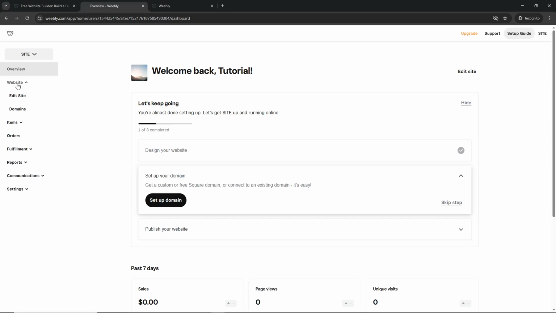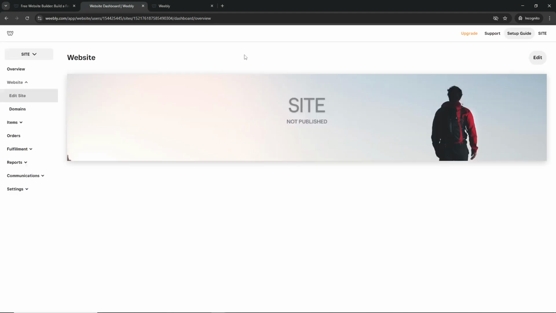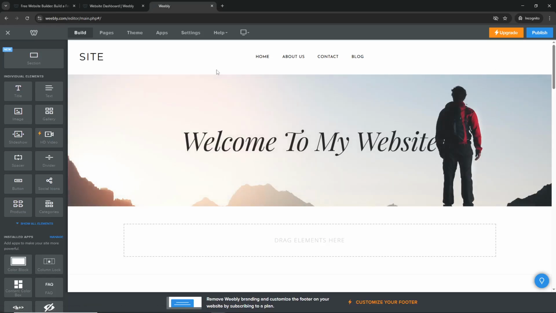Directly underneath that, you'll see an option labeled Edit Site. Go ahead and click it. This is where you'll select which website you want to work on today. A list of your websites will appear. Choose the one you want to add buttons to, then look to the right side of that website's listing and click the Edit button. This action will take you into the editor page for your selected website, where all the